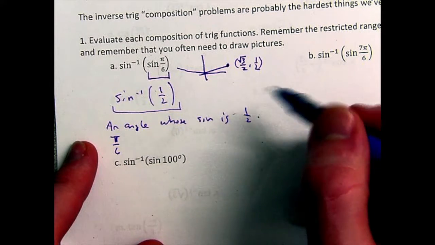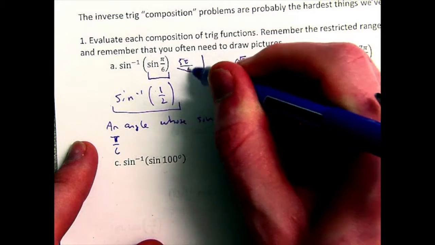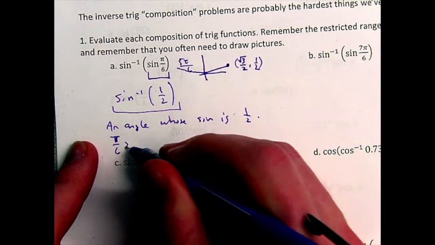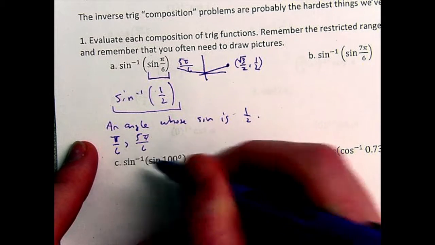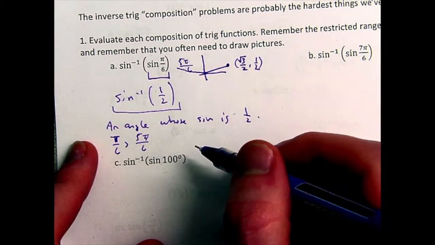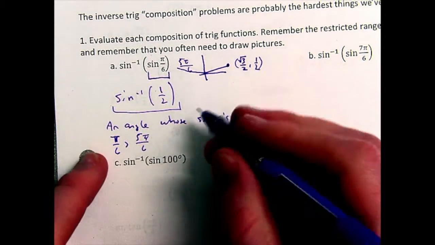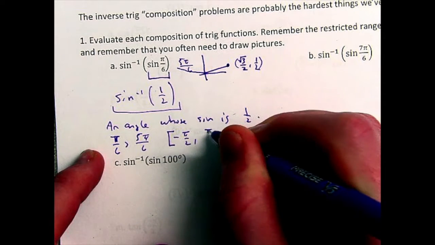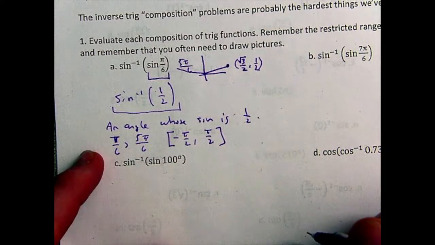I guess that would be 5 pi over 6. So which one is it? Is inverse sine pi over 6? Is it 5 pi over 6? Is it something else? Well, that's where you have to remember that the inverse sine function has a restricted range from negative pi over 2 to pi over 2, so we have to choose the angle that actually sits within